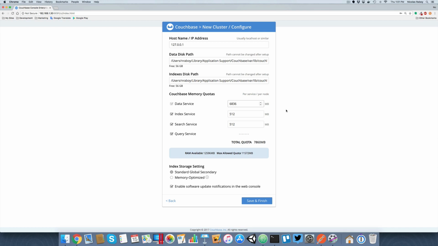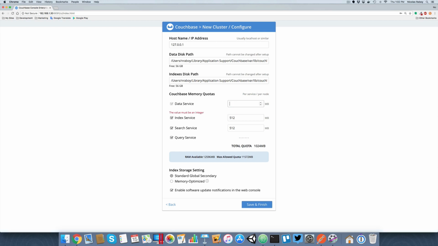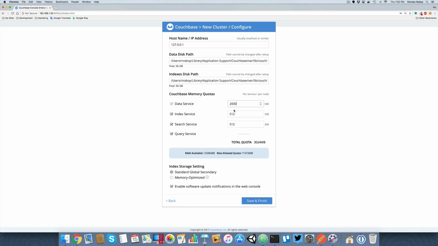It is a persistent disk database as well. So I'm going to go ahead and allocate, let's say, 2 gigabytes of data service. I'll go ahead and leave the index service. I'm going to shut off the search service. We will not be using full text search for this example, but we will be using query, which also uses